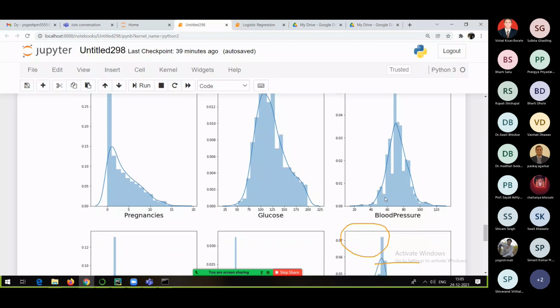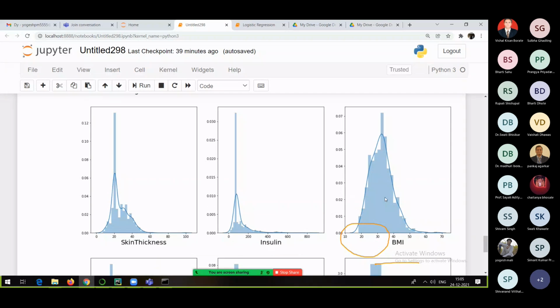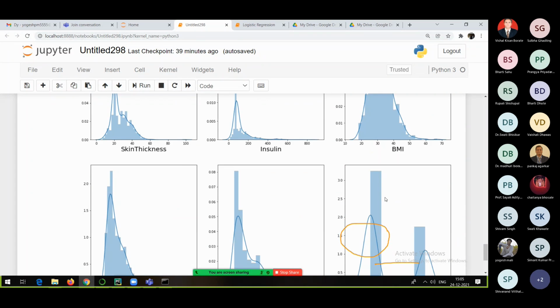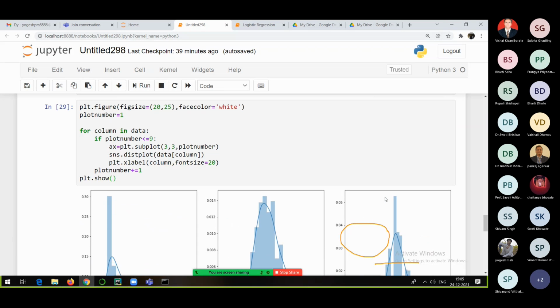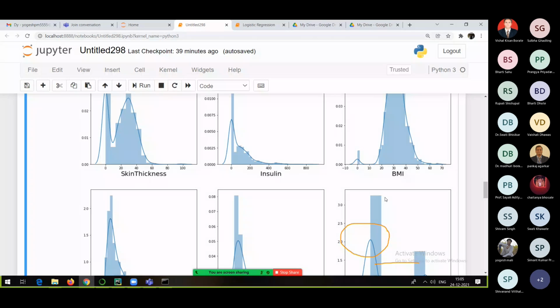Same is the case with other columns also. Anyone, a single person at least? Yes, no?